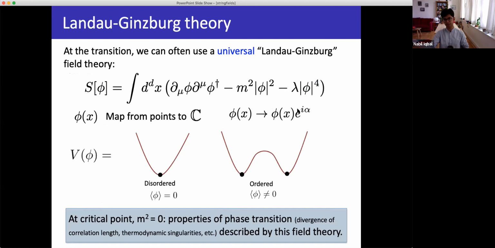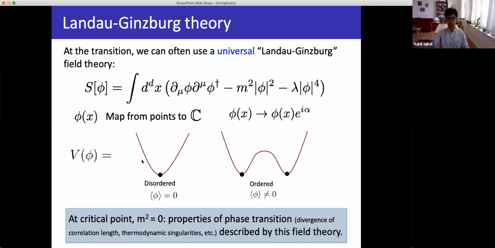Okay, so for example, phi goes to phi times e to the i alpha. And obviously this field is a map from the space of points to the complex numbers. It must be a complex number so it can transform linearly under my U(1) symmetry. And then what you do is you just start to write down every possible term that is consistent with the symmetries. Okay, so for example, you have a kinetic term, you have a mass term. You cannot have a cubic interaction because a cubic interaction, phi dagger phi phi, would not be invariant under the symmetry. You can have a phi to the fourth interaction, and so on and so forth. And you write down all these things. And then the idea is that close to the phase transition, independent of your microscopics, your transition will be described by this universal Landau-Ginzburg type field theory. Okay.